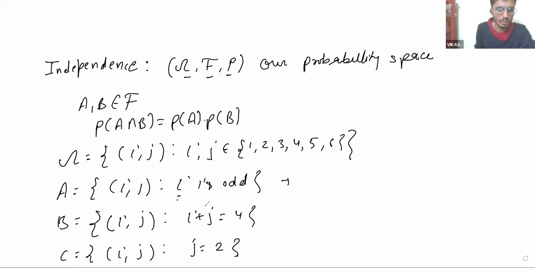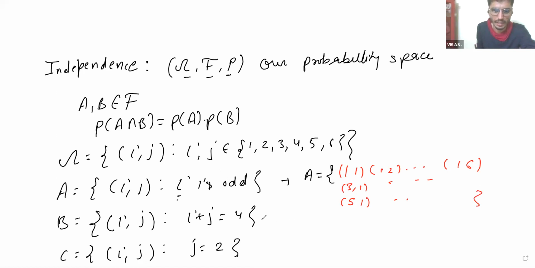So when i is odd and j can be any number, what will be the favorable cases in A? When i is odd, it means (1, 1), (1, 2) up to (1, 6). Two will not come because two is an even number, and similarly three will come, five will come, and these will be the event cases. For B, i plus j should be 4.